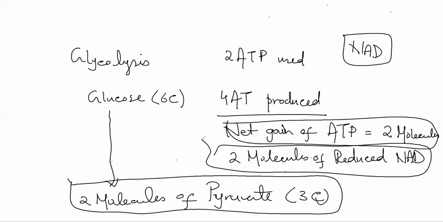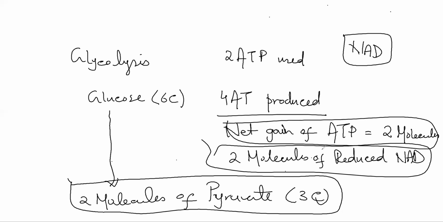Clear? As far as ATP molecules are concerned, once they are produced, they are used as the energy currency molecule of the cell. Whenever the cell has a need for energy, these two molecules are going to be utilized. As far as the molecules of reduced NAD, they are not passed to the next step of respiration. Rather, they are going to enter into the last stage of respiration, which is oxidative phosphorylation.